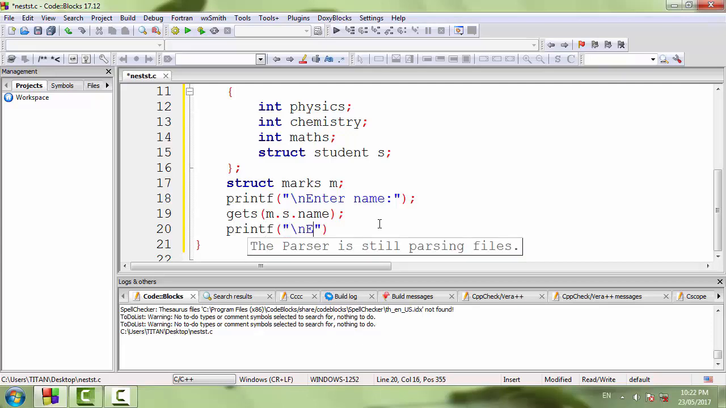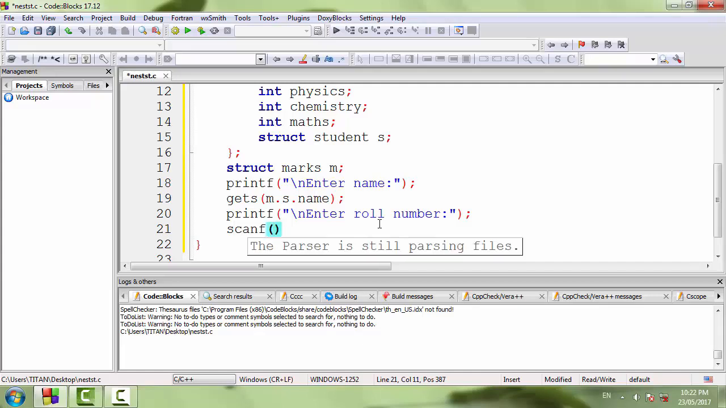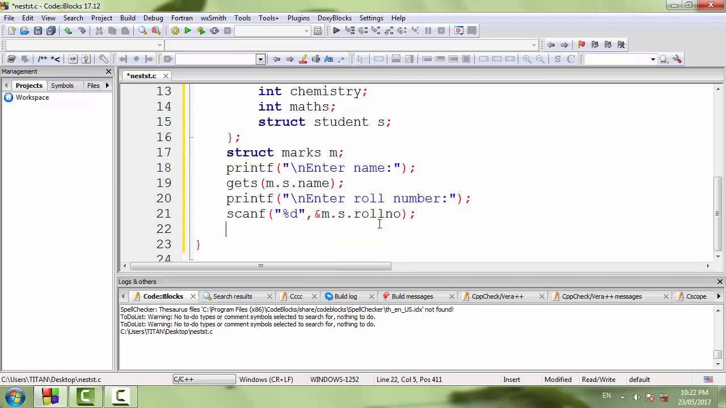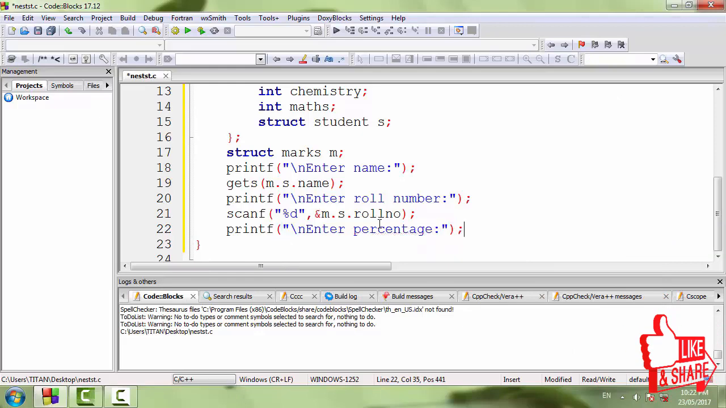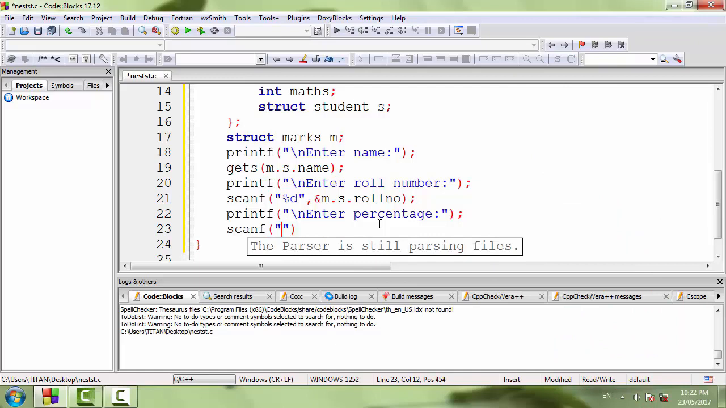Okay, now printf("\n enter roll number"); scanf("%d", &m.s.roll); Now printf("\n enter percentage"); scanf("%f", &m.s.percentage);